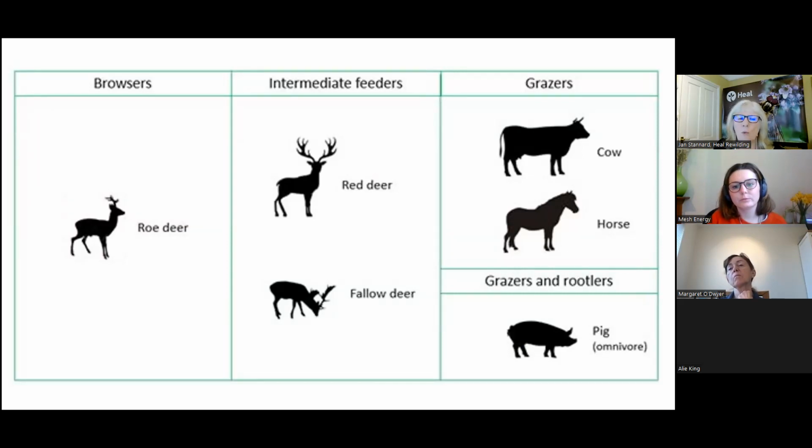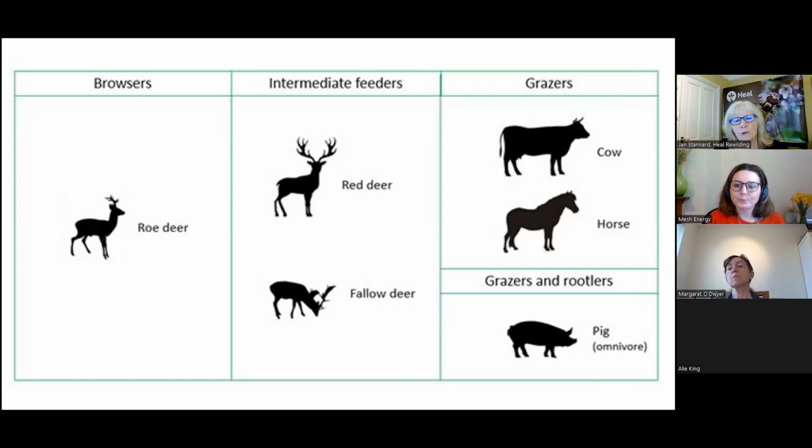disturb. So when you're looking at a rewilding project at the size of NEP and the sort of size that HEAL will have, you're talking about browsers. So these are the animals that browse at tree level, and actually cattle do that to some extent too, but roe deer, which are native, red deer, which are native, they're kind of halfway, they'll browse and they'll graze. Fallow deer are introduced, but most people sort of consider them native, certainly NEP have fallow deer.